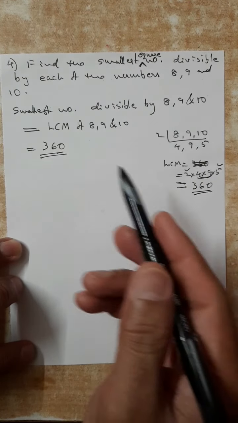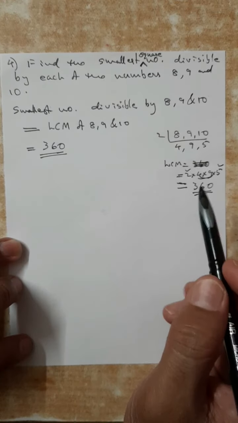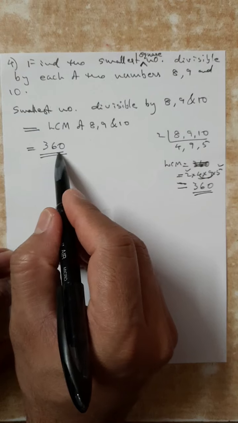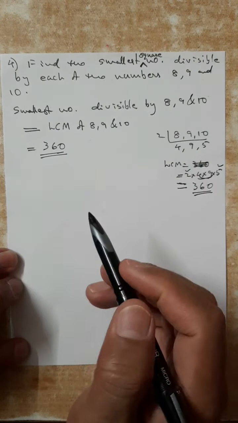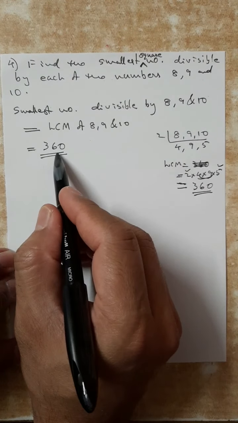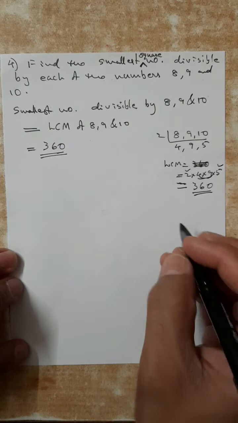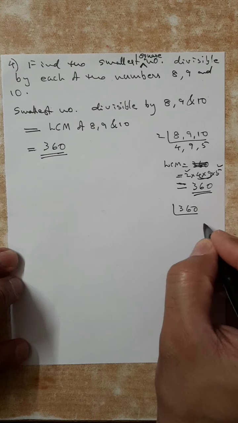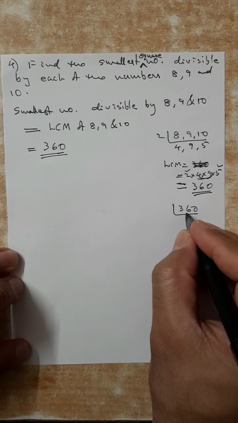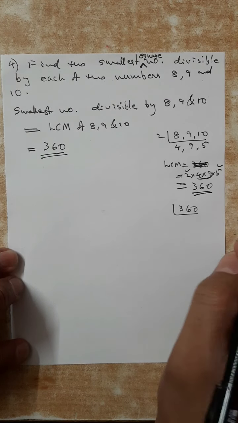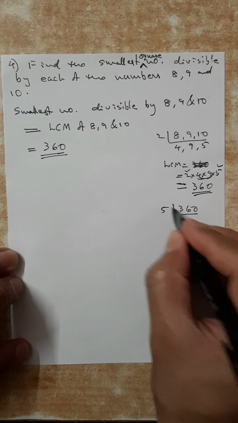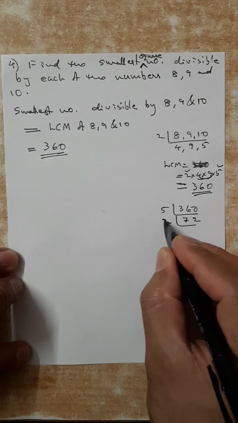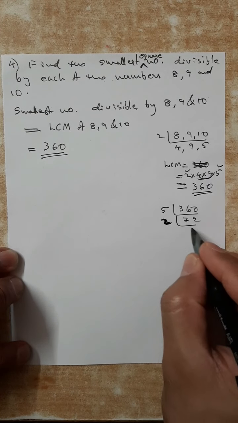Now for our question, we will combine this old question with the new type. The new type means we need a square number. That means how to make this number a perfect square, which we studied just now. We can make this number a perfect square by multiplying it with something. 360, even in the mind we can do it, because 36 means 6, and then 10, with the 2.